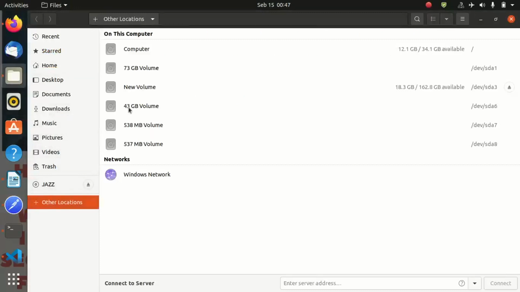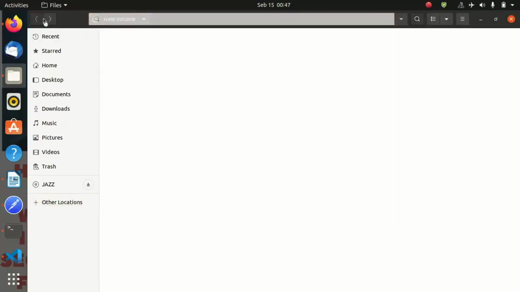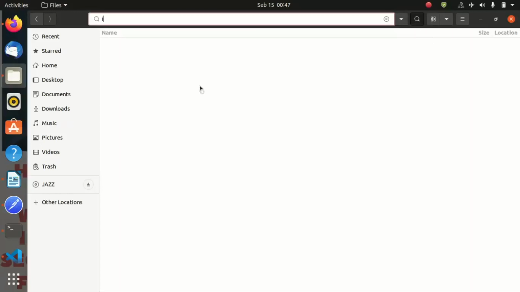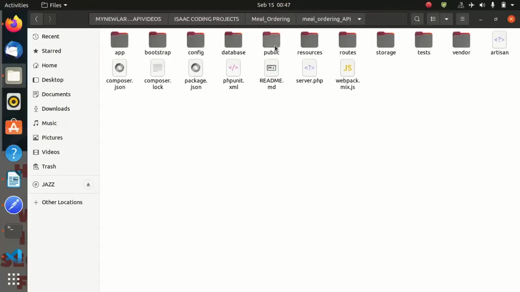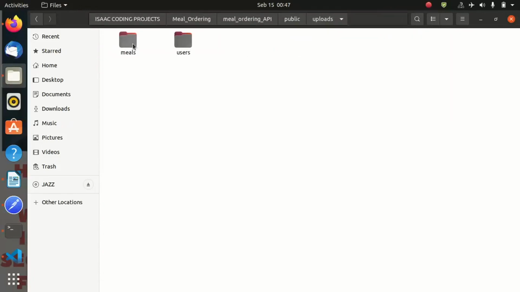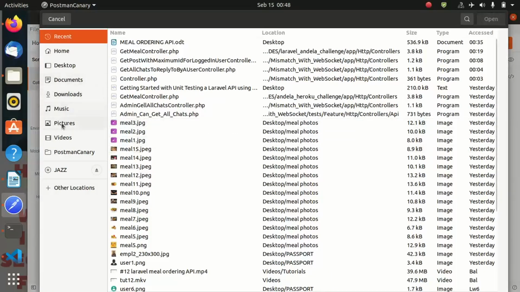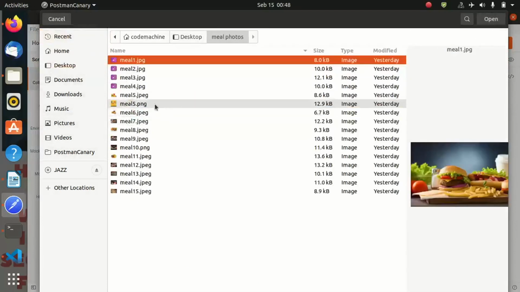And let us check whether the mail photo was also uploaded. So let us check the mail photo. Inside the public path, you are seeing that a new mail is created. Let me create about 3 or 4 mails. So let me browse a new photo. I got some photos on mail. Let me take